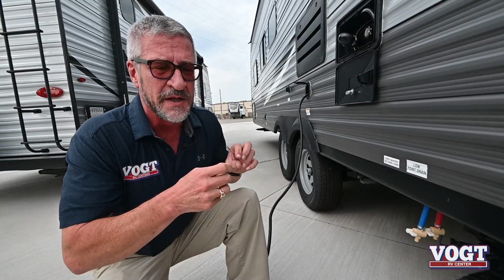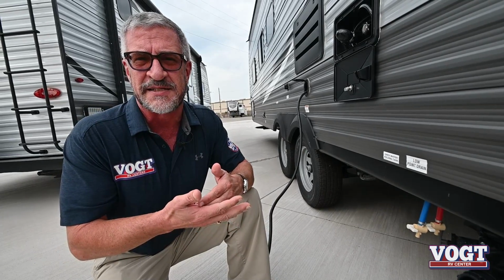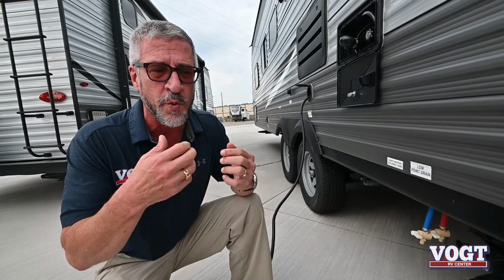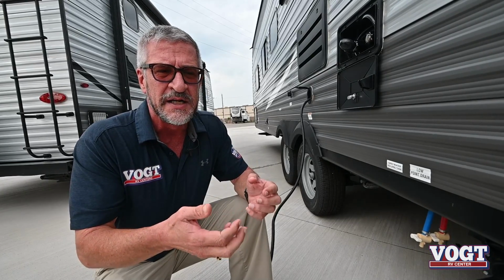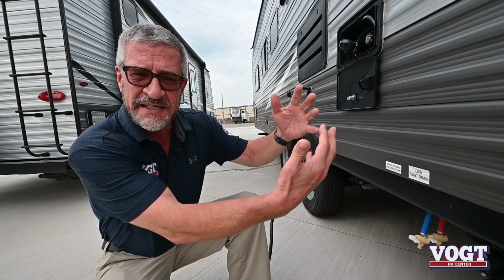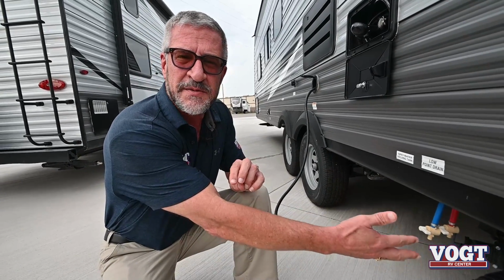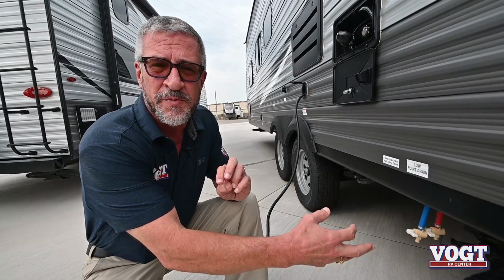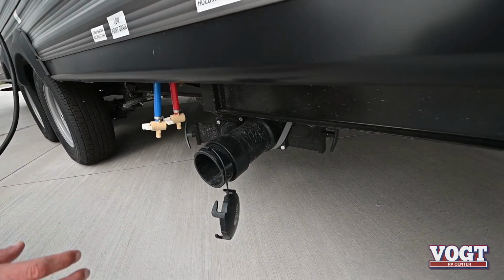Another key indicator of how well you're going to do at dumping these tanks is how full your tanks are. So another Dummies 101 is you want to try to dump your tanks with the maximum fill that's in there so that you have the most pressure by gravity to get all of that debris out. Then the reason you're dumping the black tank first is there'll be some solid waste that could get stuck in this tube. Once you see that all has come out from the best you can see and shaking the hose,